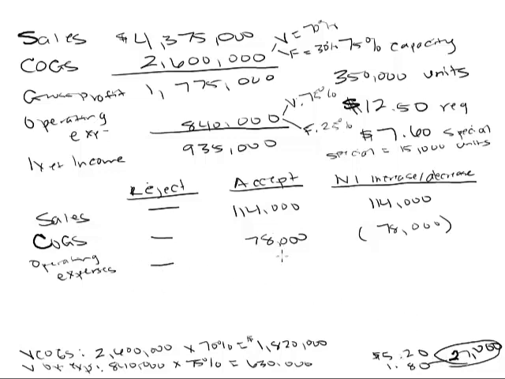But let's consider something else. And you know what? No, I'm going to write it here. I'm going to give you a separate line. Let's consider, because a lot of times with these special sales or special orders, they would not be something for your regular market. So let's say that you're a company and you mainly do U.S. sales. Let's say that this was an international sale. So it's not going to affect your current market, because if you accepted a special offer at one particular store, and let's say that you gave this to Target, but there were 6 other stores that purchased your products and sold them, and they were all very competitively priced because it's the same thing just in different stores.